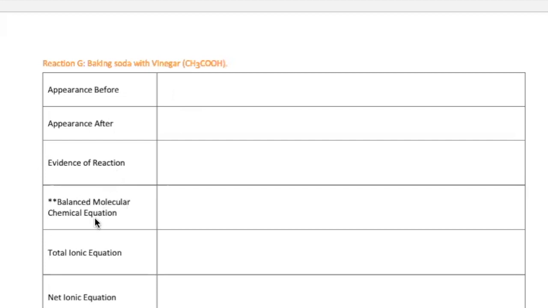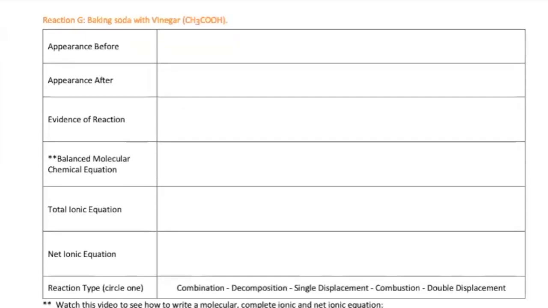Balance the molecular equation. Go to this link right here to see that this is a double displacement reaction. And this reaction is very common for baking soda and vinegar. It should be in this particular link. It's a video. The total ionic equation and the net ionic equation. So you guys had a question like that in your midterm,